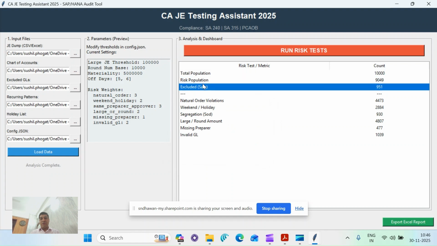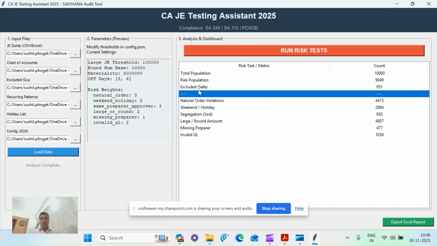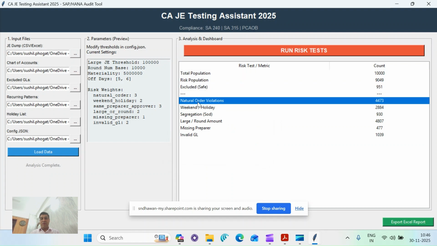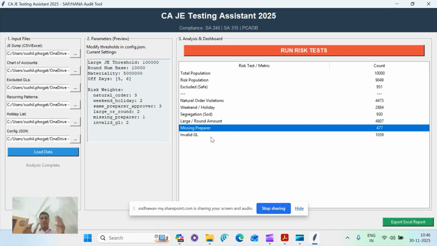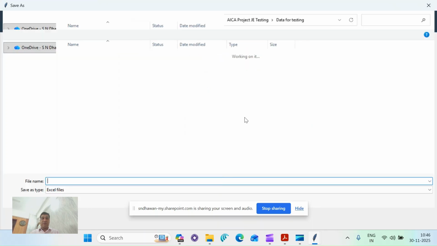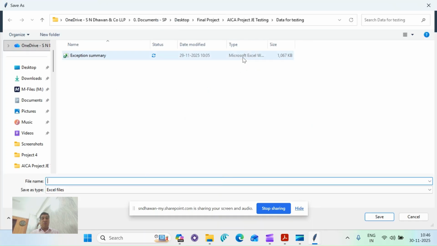This is the total population. Excluding safe, it is 951. Natural order violation, weekend holiday, segregation. These are the summaries, extracted within a fraction of a second. And now we can export this report to Excel. We can save this report